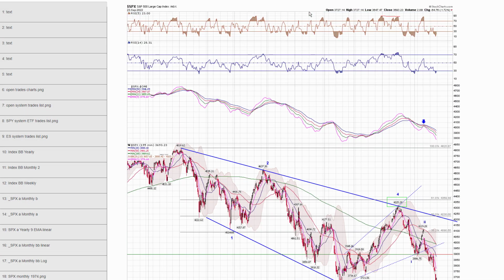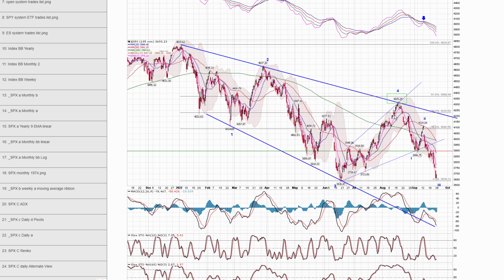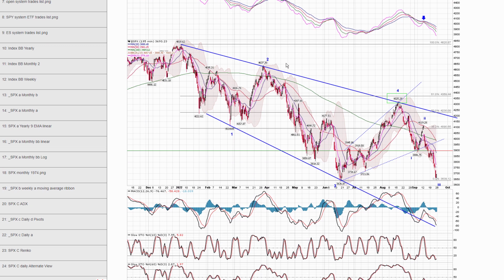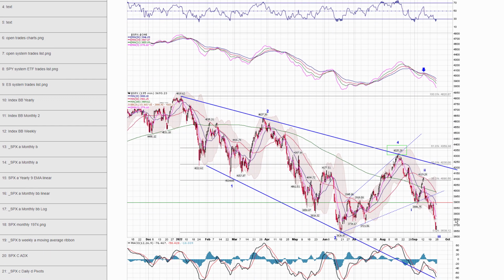Next. Moving down to smaller time frames, chart number 25, here's a half-day chart. Again, it shows you this expanding diagonal. We had that wave 4 high back up in here, the 200-day moving average. And it appears that we're in some sort of wave 3 here. So it doesn't appear this would be ending this downtrend. Maybe we get a little bounce here as a wave 4 and then down again as a 5. So I'm trying to let you guys know, if you do get a little bounce here, don't get all giddy on it.